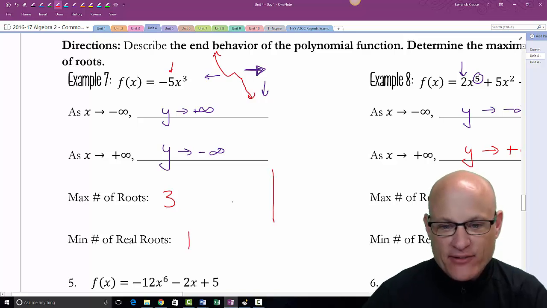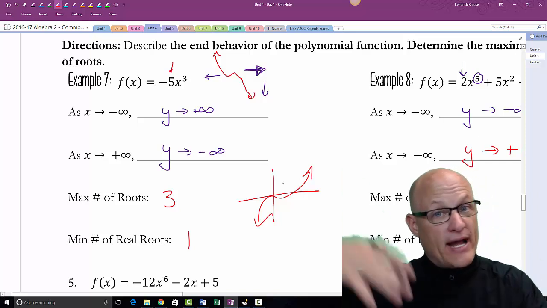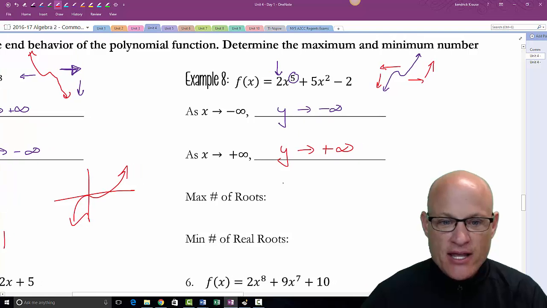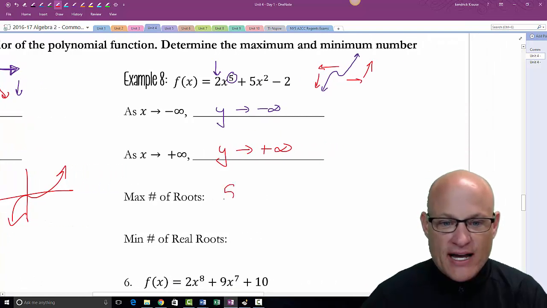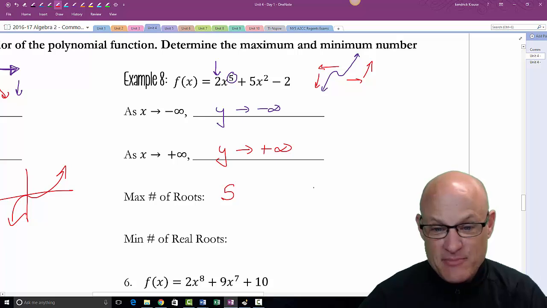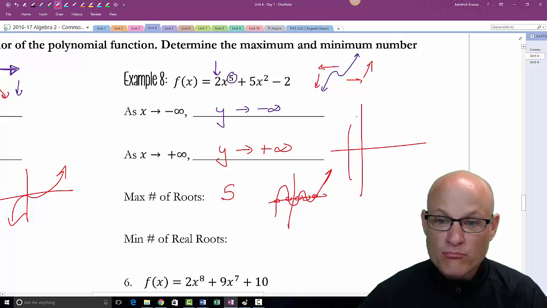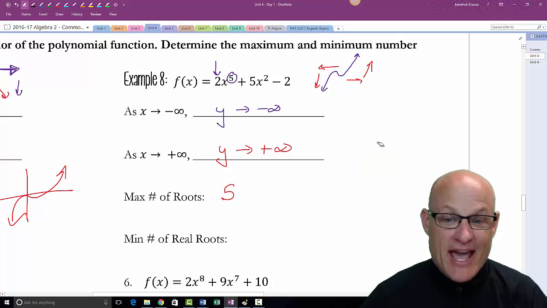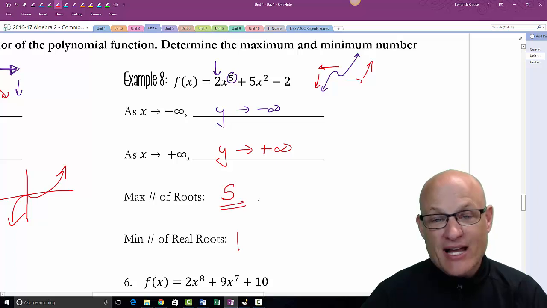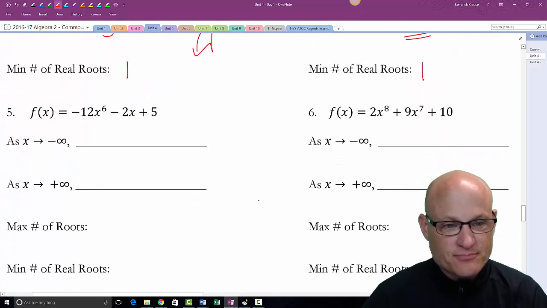And the reason it has to pass over the x-axis is because odd functions are always going up or down. So it has to pass the x-axis. In this case, the maximum number of roots is 5, but because it has to pass the x-axis, it may pass it 5 times. It may go and go, okay, there's 1, 2, 3, 4, 5. But it may only pass it once. Maybe all the wiggling stuff is up there, but at least it passes it once. All odd functions have to have a minimum of 1 and a maximum of whatever the highest degree is.